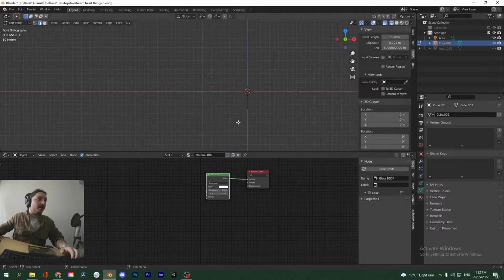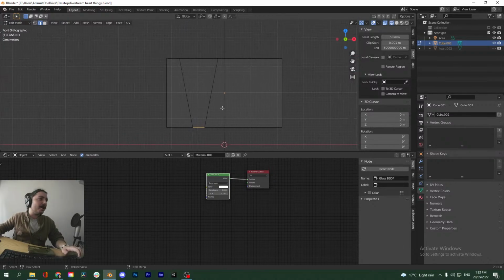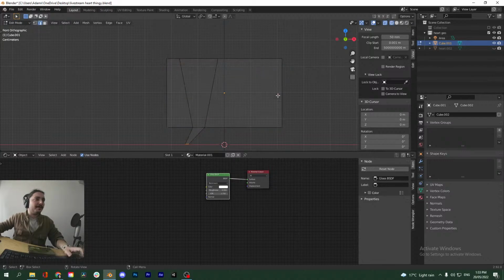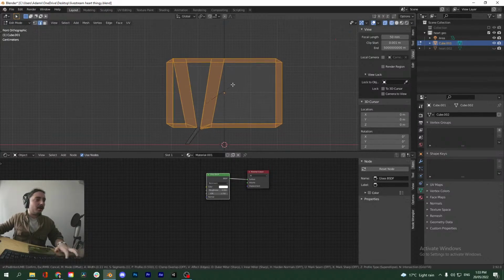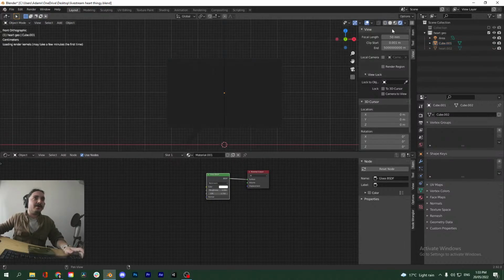So let's go back into one. By the way, I'm not the best at modeling, so if you have any other ways to model this in a better way, you can let me know in the comments. And then we can just kind of do that. And here's like a little speech bubble. If you want, you can press Control A, bevel everything, just give it a little bit of roundness.